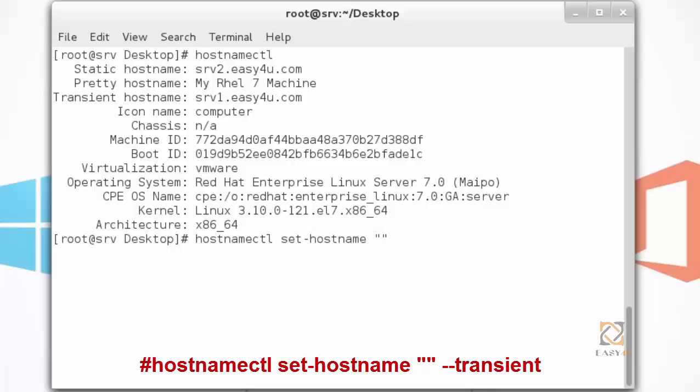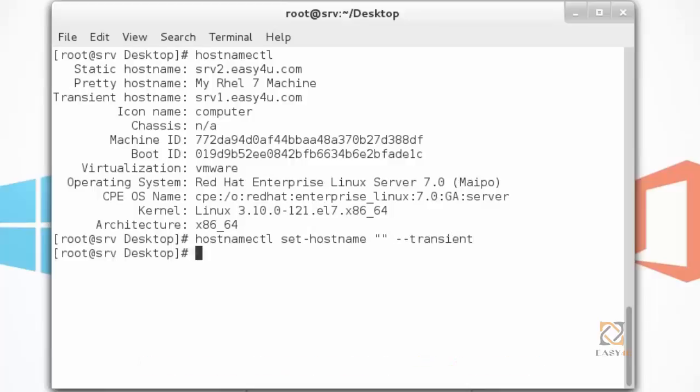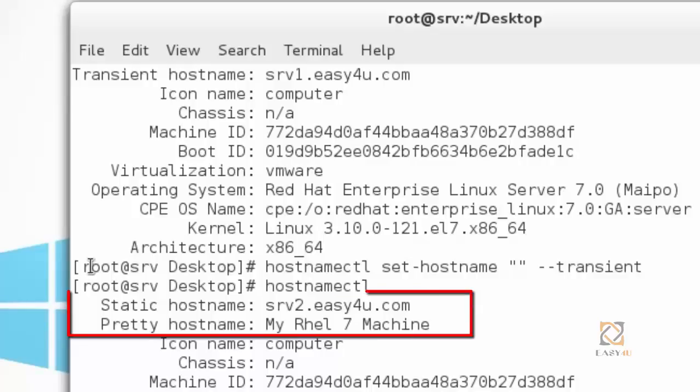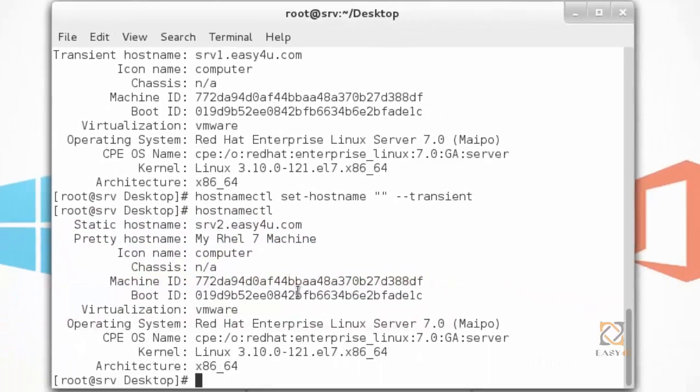You don't need to type anything in the double inverted commas. Then the double hyphen transient option. Then hostnamectl. Here you can see that there is no transient hostname displayed.